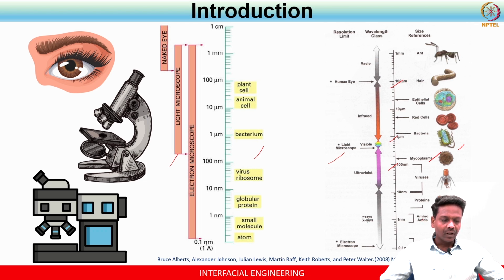Okay. What about less than 1 nanometer? You can talk about atoms, right? So if you want to look at the atoms, of size, let's say 0.1 nanometer, one can use electron microscopy, right? So these are various length scales and various example systems, okay, to relate with the length scale, right?